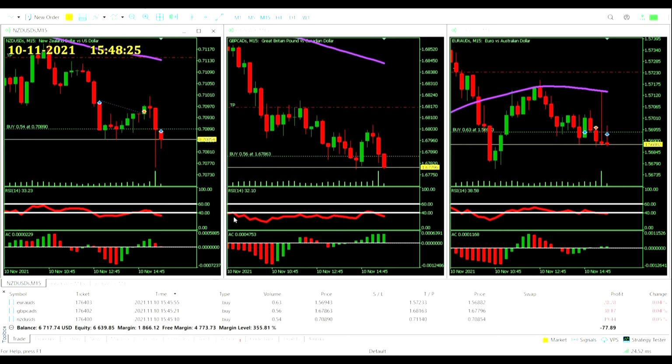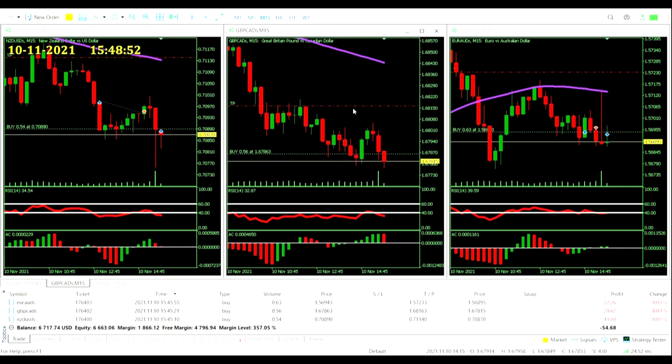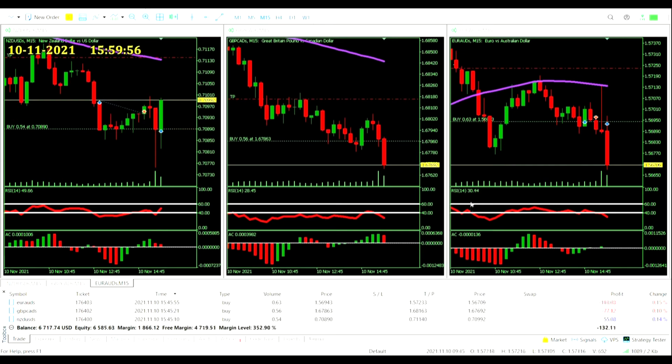But it is all about these three trades, all of them losers at the moment, $70 down between them. But you never know, we're in it to win it. We want nothing but green here. Let's make it happen. 5 seconds to go until 4 o'clock, and it does look as though we are going